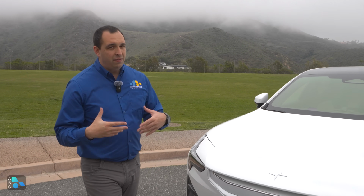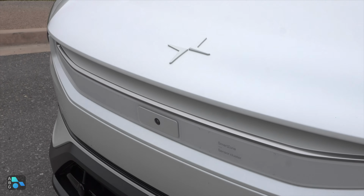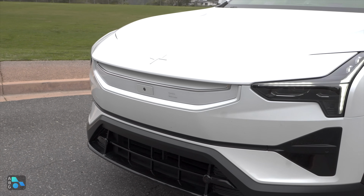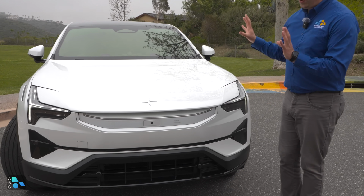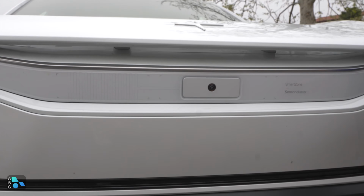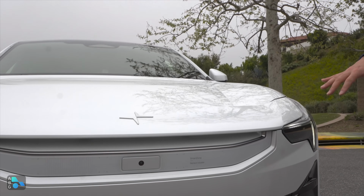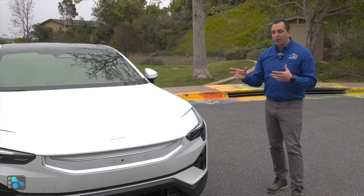And across the front, even though this is a fairly sporty look, there's not too much going on. I'm getting a little bit of this black and white theme as sort of a minimalist stormtrooper, but not in a terribly bad way. The black hides a lot of those different sensors that are going to be built into this vehicle. We do have the 360-degree camera view, so you can see we have our front camera there. And if you look a little bit closer here under this front lip, what you would expect to be hood is actually sort of a two-piece design, creating an air curtain, making this just as slippery as it can be,